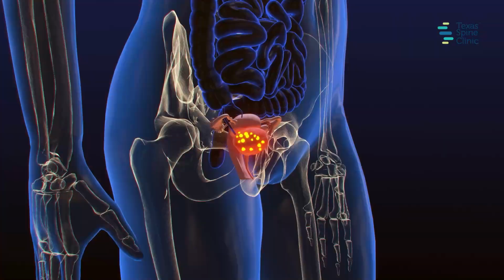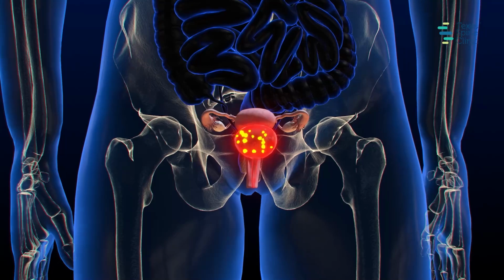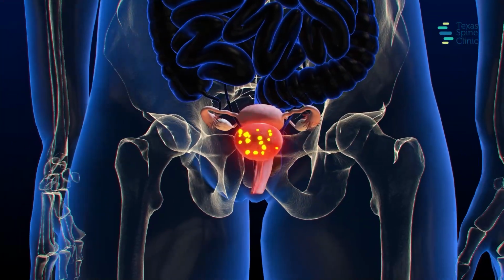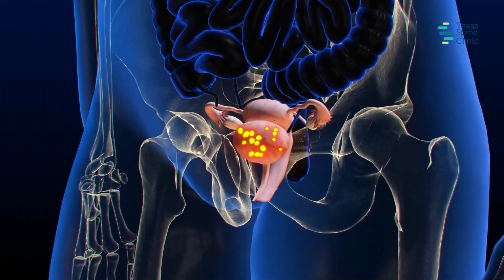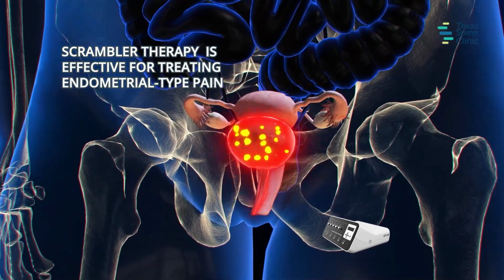And finally, for patients that have endometriosis, something that we don't think a lot of, this is typically seen in younger women that have endometrial lining that is actually growing in different parts of the pelvis. This can be extremely painful, but Scrambler Therapy has been shown to be very effective at treating endometrial type pain. Scrambler Therapy can offer hope to these patients that are suffering from these very difficult to treat neuropathic pain conditions. So last, we're going to talk about cancer pain